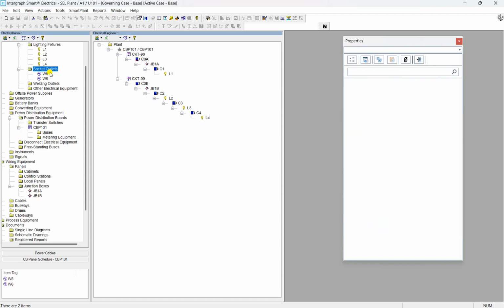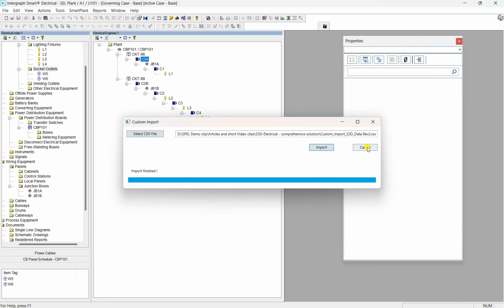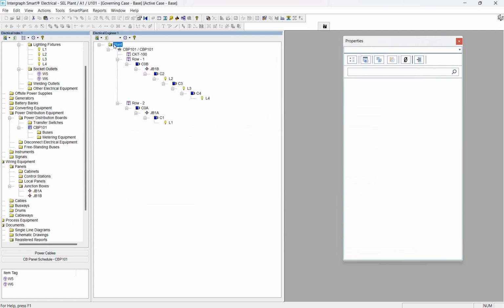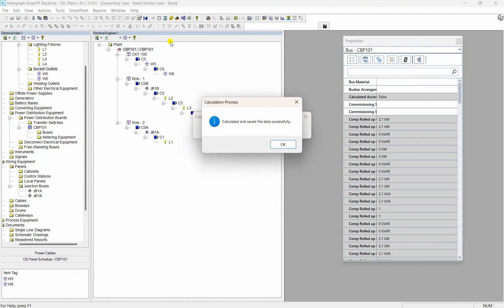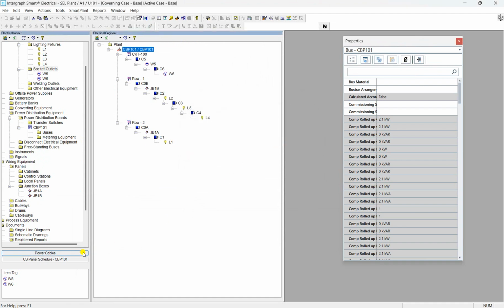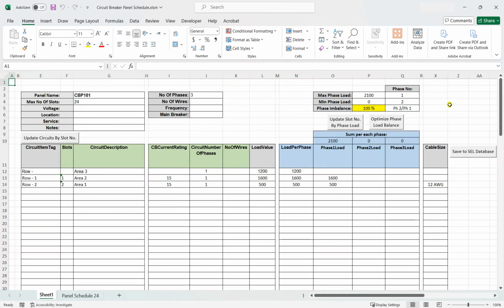Retrieving the published equipment will add 2 socket outlets in Smart Electrical, and running a custom developed utility will create new cables connecting to the retrieved equipment. Recalculate the power loading on the panel and its circuit branches. Then reopen the circuit breaker panel scheduler, which will report the previously saved circuits arrangement and a newly added circuit